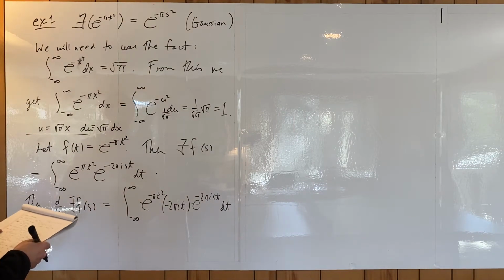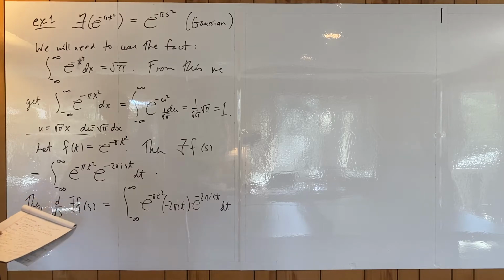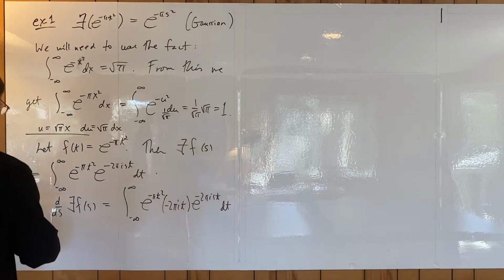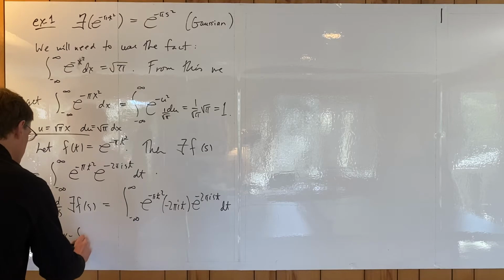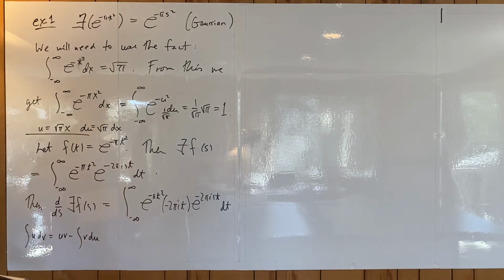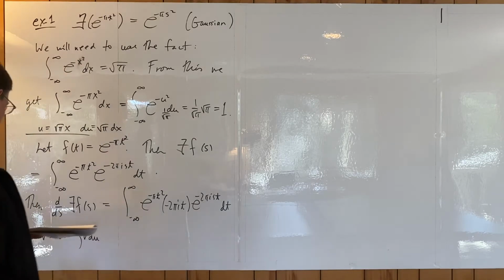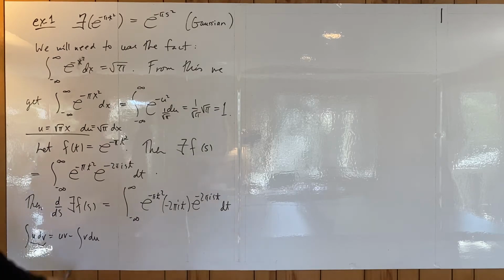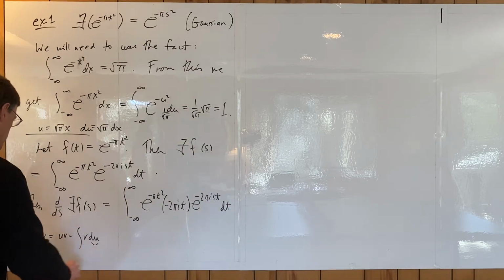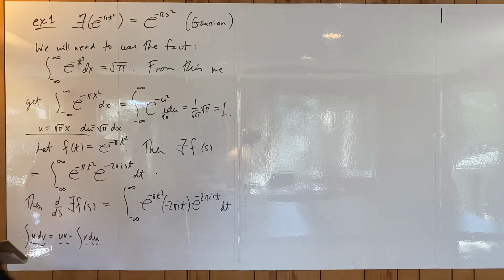Okay, and now we're going to do an integration by parts, right? Remember that the integral of u dv is equal to uv minus the integral of v du. That's our integration by parts formula. So let's just look at this. When you do integration by parts, you want to be able to integrate the dv to get v, and then you want to differentiate the u to get du,